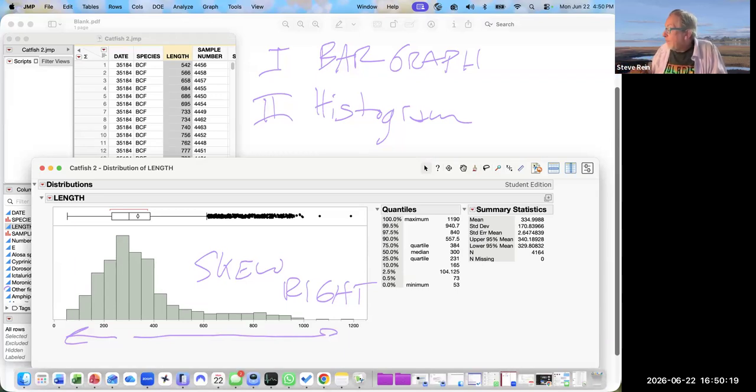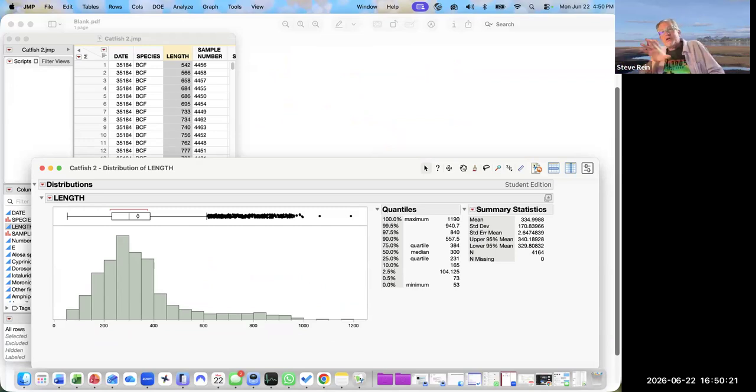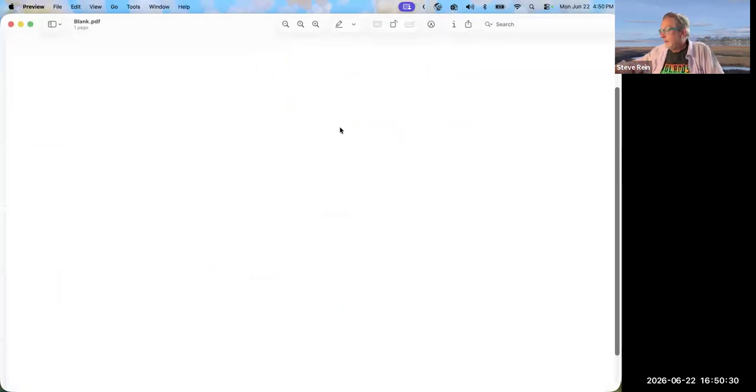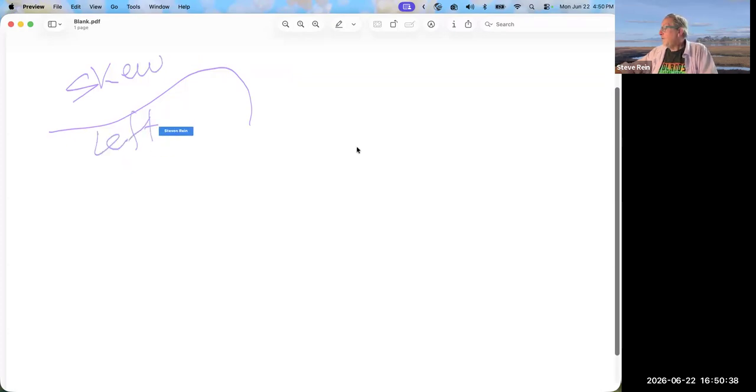Moving on. I'm going to say that if your data stretch out further to the right than to the left of the centering value, you'd say it's skewed right. If it is, however, on the other hand, sort of like that pattern, you'd say skewed to the left. There's even symmetrical